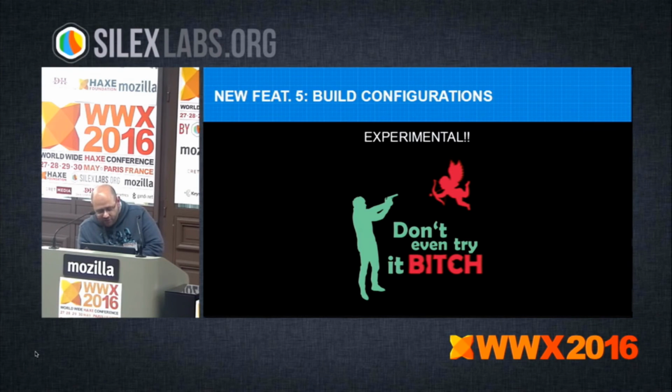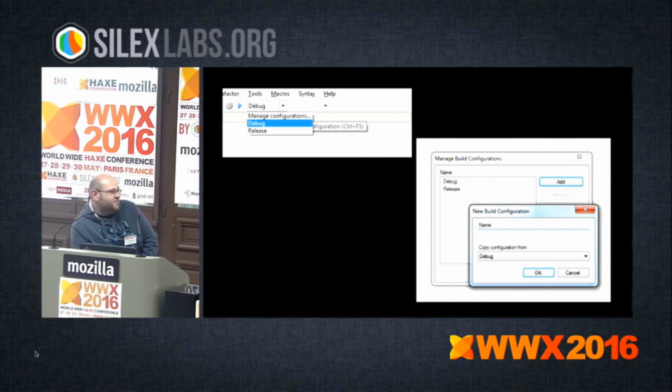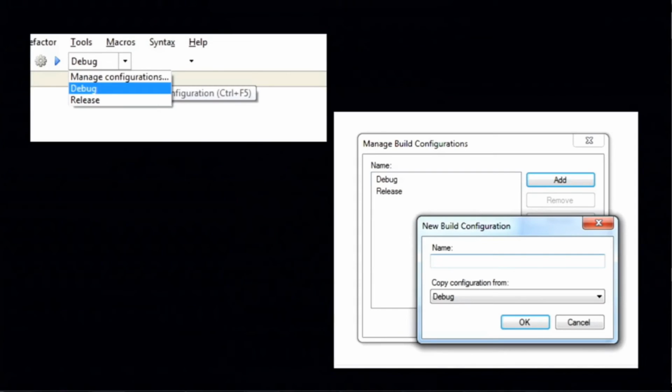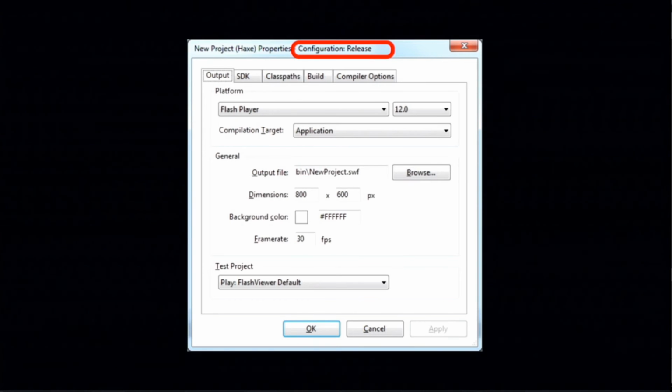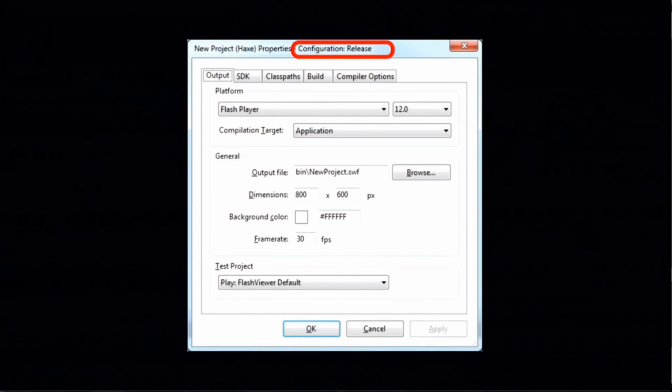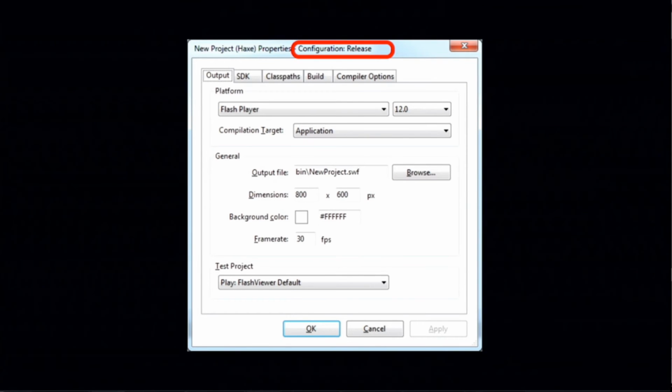Right now, the build configuration support is quite the same as the one in Visual Studio. So you have the different configurations like debug, release. You can create your own. And the magic of it is that when you change your configuration to release in the project properties dialog, you can see the configuration you have chosen, and you can change whatever you want